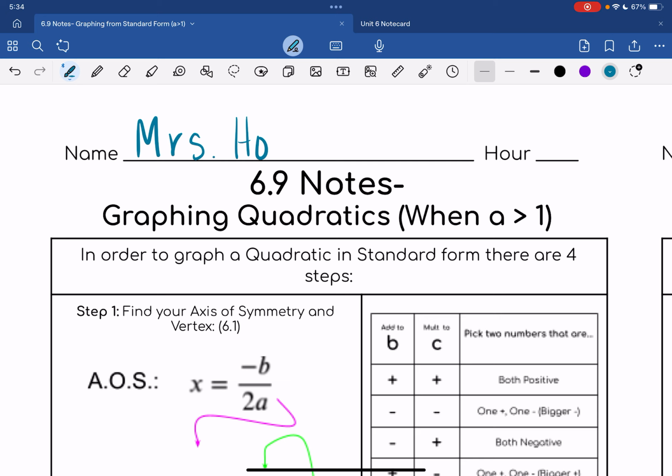What we're doing in 6.9 is not difficult, but there's a lot of steps, and it's putting together almost everything you've learned this unit. So we're going to go through it piece by piece. Try your best. Slow and steady wins the race. Pay attention to your notes. If you never did